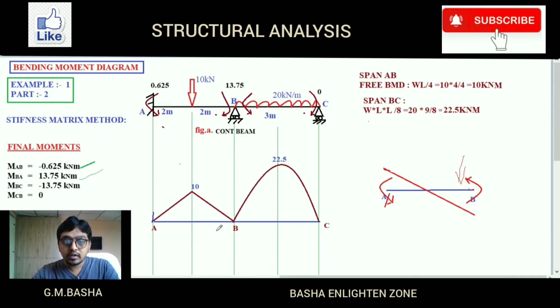See here, if the force comes and is applied on the beam like this, whenever an external force is applied on the beam like this, it will move in the forward direction. How much will it move? It will be 13.75. So 13.75 means the ordinate will be 10. So in between 22.5 and 13.75, the point at B will be moving in the upward direction. That will be equal to 13.75, from here to this position.